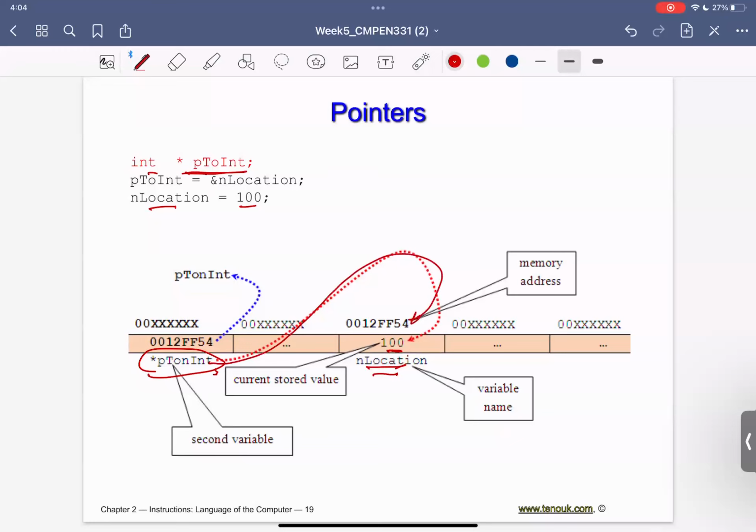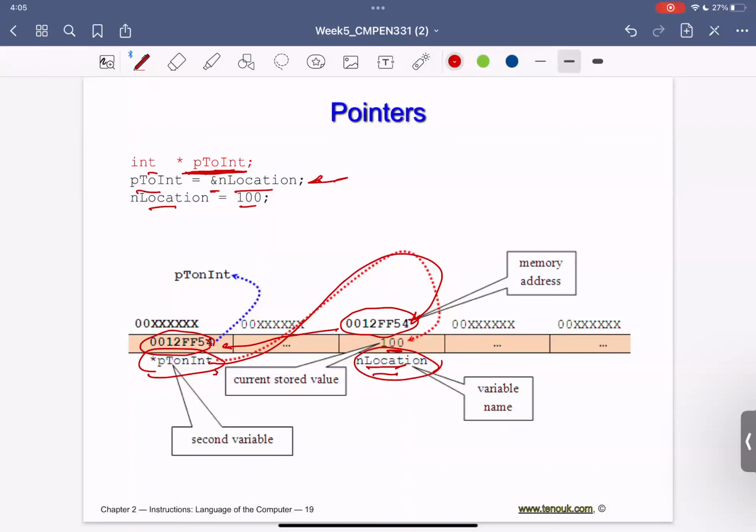So I'm telling you that this pointer is pointing to the address of n location, and that's why this value will be here, because I'm pointing to the address of this variable. Yes, it is a pointer, it points to an address, to an integer, but to which integer? That's why I have defined it here.